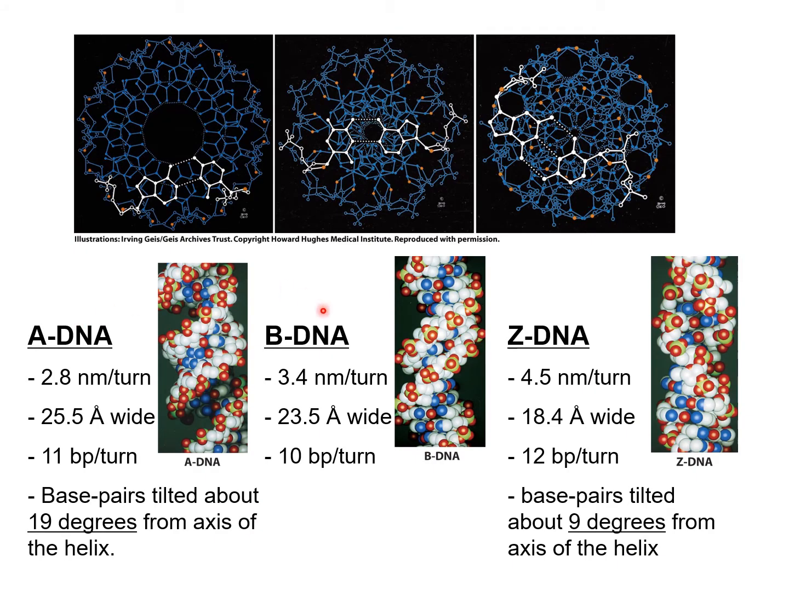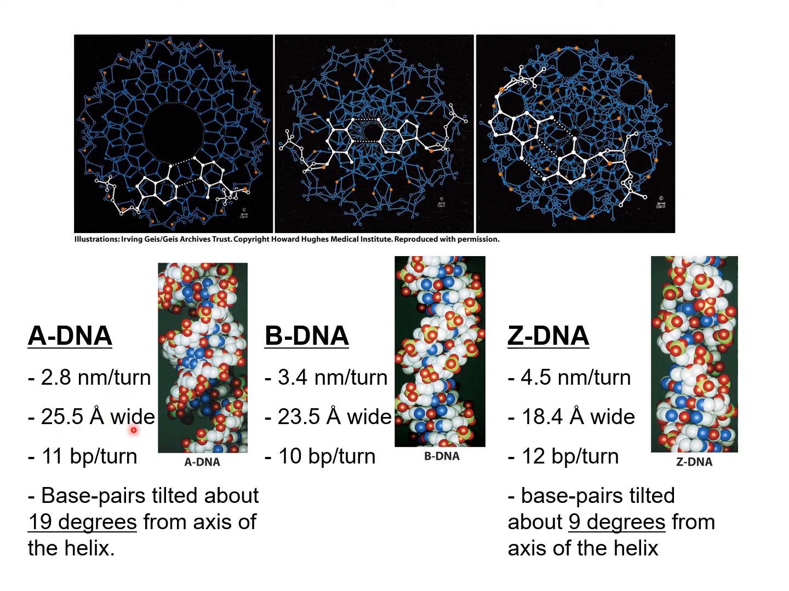Here's a comparison between different forms of DNA double helix structures. Like I told you in the previous slides, the B-DNA is the standard structure, where it spans 3.4 nanometers per turn, and it is 23.5 angstrom wide and also spans 10 base pairs per turn. But the A-DNA, which is a little bit squashed form, has a shorter nanometer per turn, and as a result,